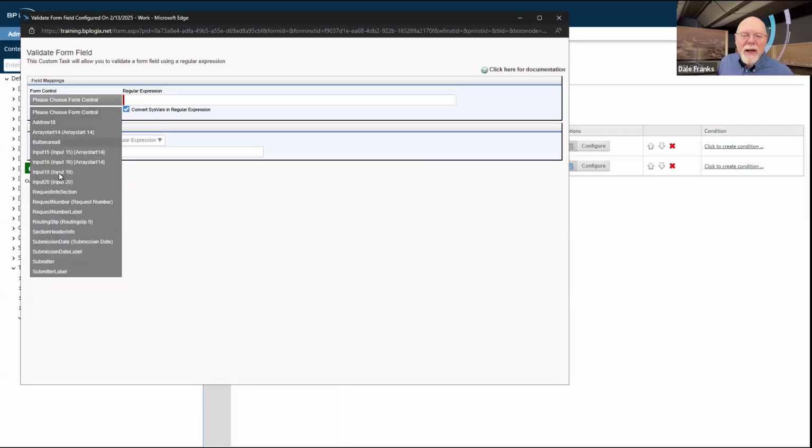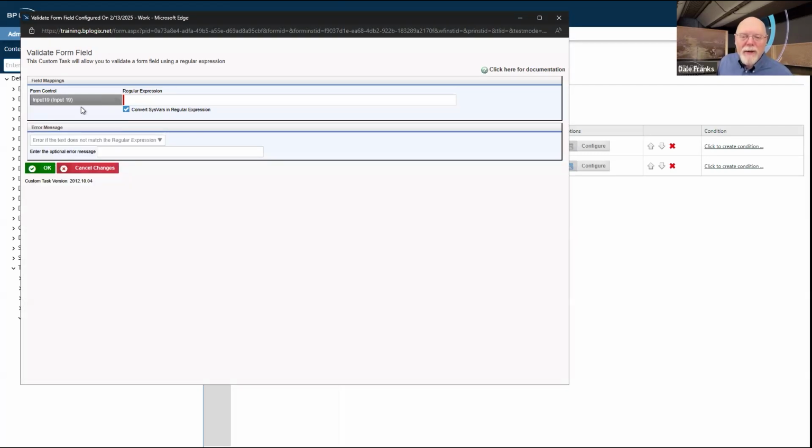Validate form field enables you to take a form field, so we'll take input 19, and it allows you to write a regular expression that specifies usually a format that the field must meet. So for example, and I am not a regular expressions guru by any stretch of the imagination.